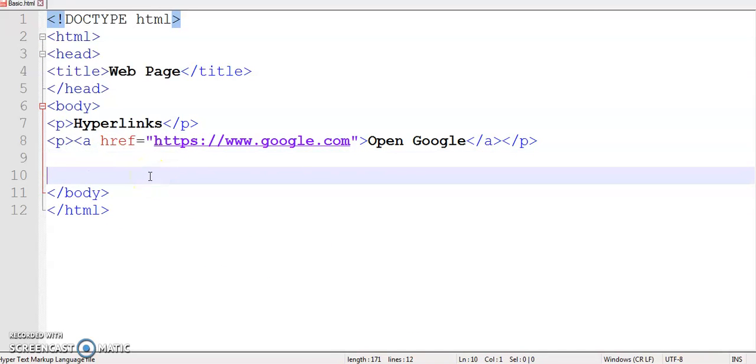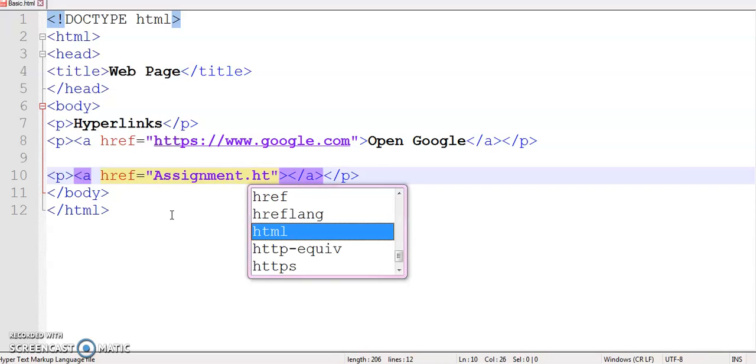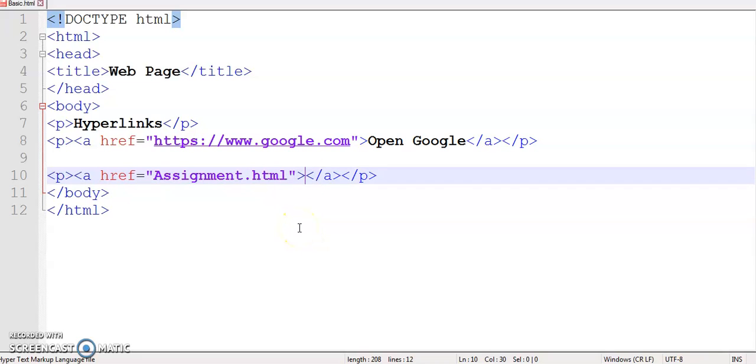So I am going to create another hyperlink. And here you just type the web page name, because they are in the same folder, and I am just typing the link text as open page.